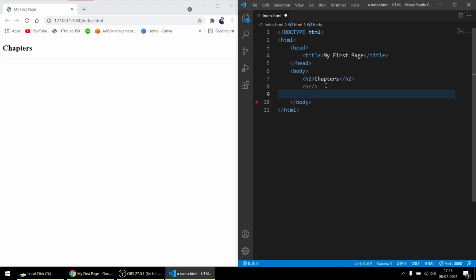Now we'll have the chapter's name. I can put the next chapter name in a paragraph, and I'll say computers. Suppose computers is my chapter 1, or I'll say Python, which is very popular. So Python is my chapter 1. Now if I put some space and say it's on page 345.